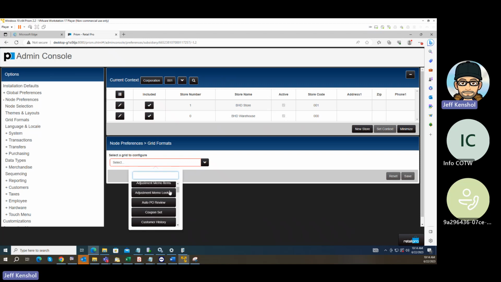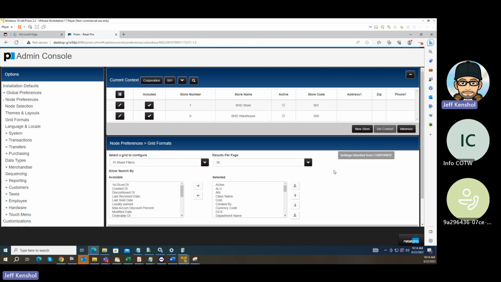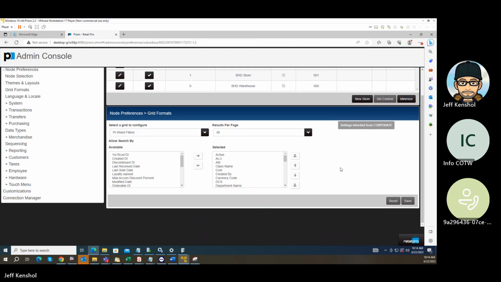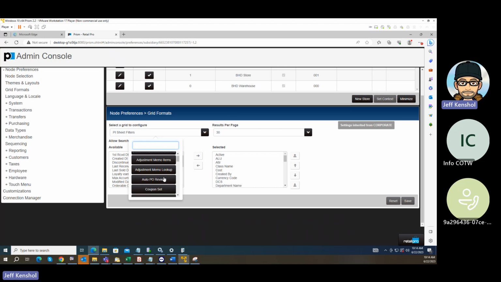And then we can go down and pick the area that we want to modify, right? And they appear to be alphabetical, so shouldn't they be right there? PI sheet. Looks like the only one. Let's see here. Search by. That's really not what we're looking for. We're looking for,